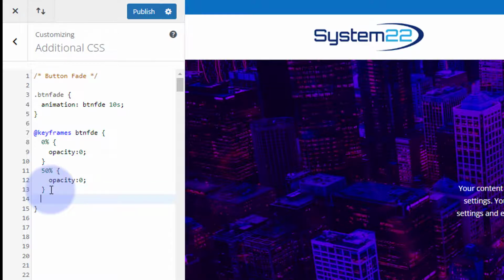And let's paste that down one more time. And let's say 80%. Still want it to be invisible. But I'm also going to have mine sort of scale in, so it's a bit bigger when you first see it, and then it will shrink down. So at 80%, I'm also going to add transform scale,